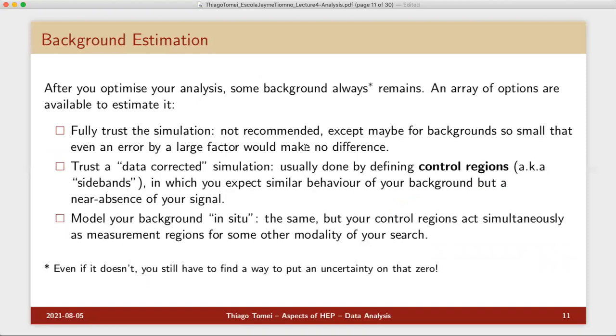However, there is a problem. Even after you do all of this, you write cuts, you optimize for the best signal or the best signal over background ratio or the least background, in general, you cannot get rid of all the background. There will always be some background that remains. And then you have to estimate how much background remains. There are some options. Either you just simulate everything and trust the simulation,